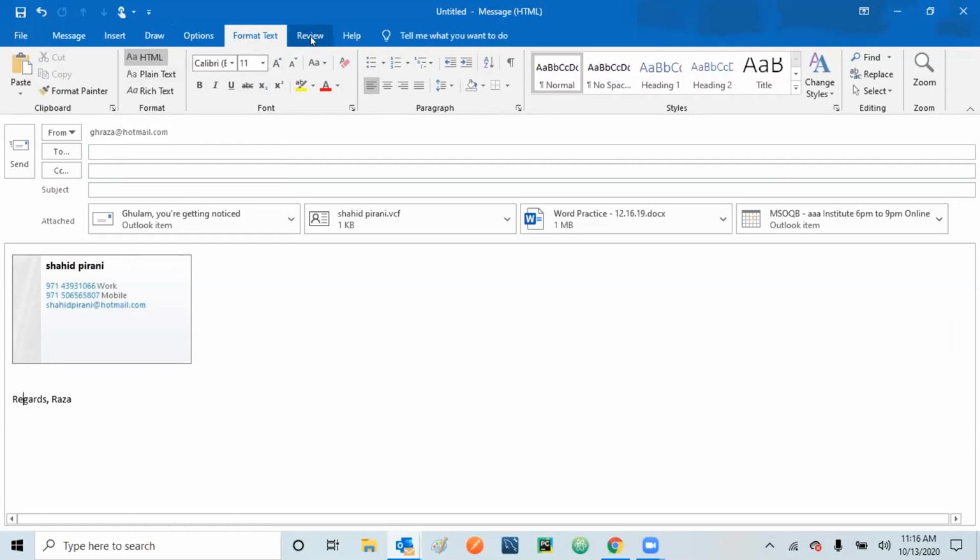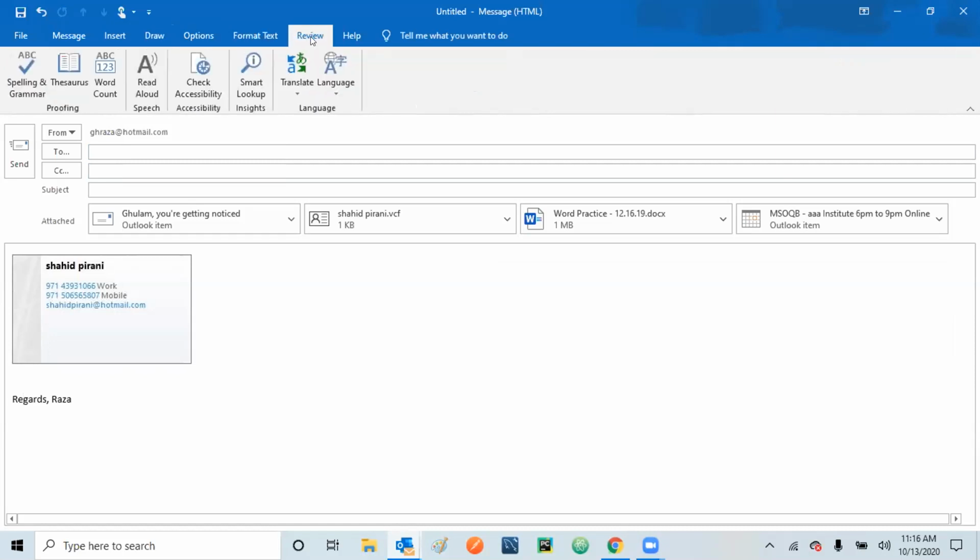The same thing that we have worked with when we are working with Word or Excel. A similar toolbar was there as well. Review we have again done in Word. So these are almost all the same things that we have covered in Word. So I don't want to spend time on it because we have a lot of things to learn for